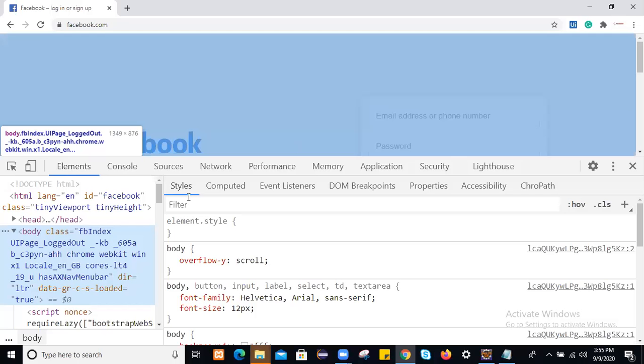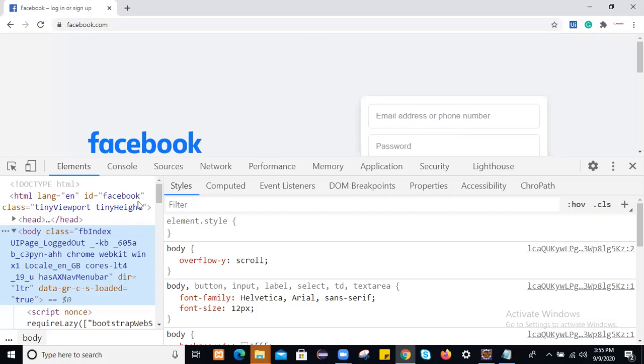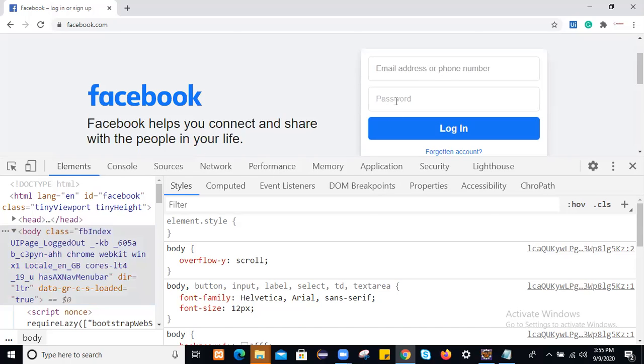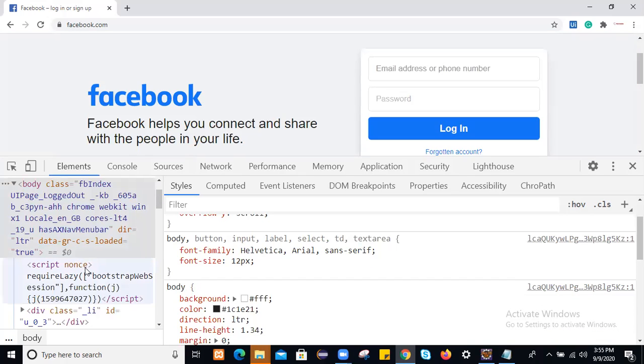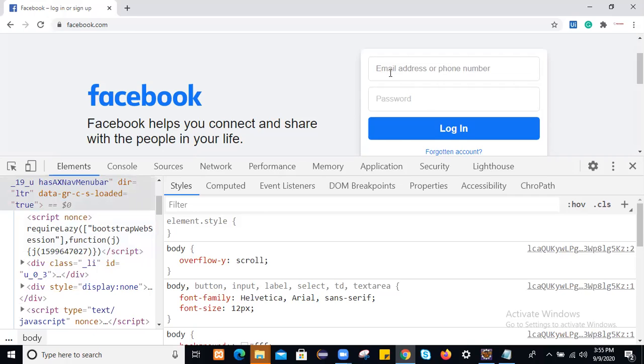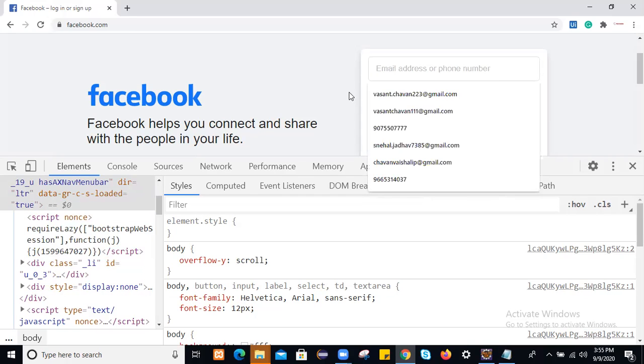Observe carefully. The ID for email address is email. The ID for password is pass. Whereas the ID for this one is something like U_0B.